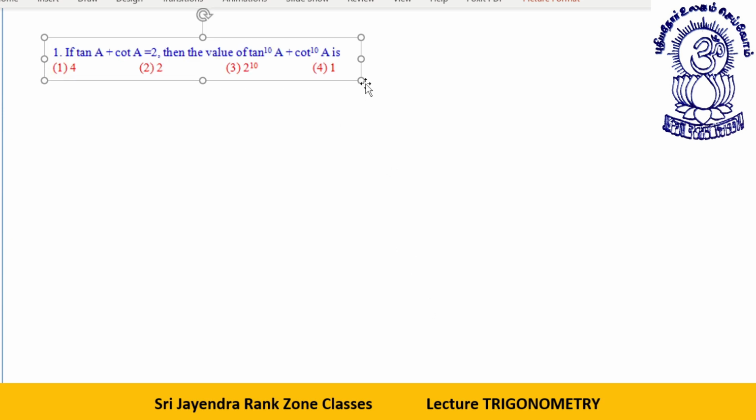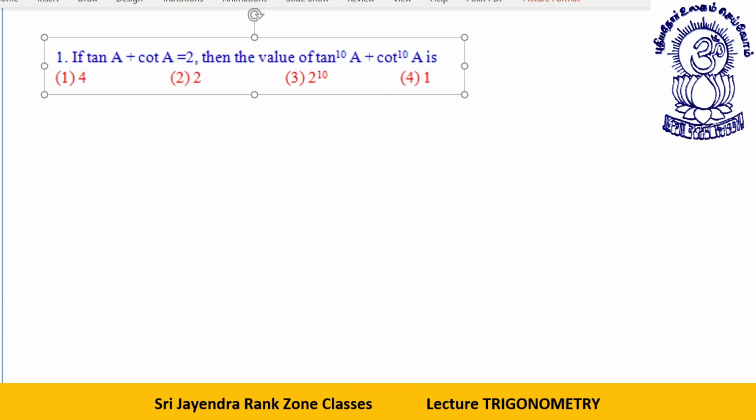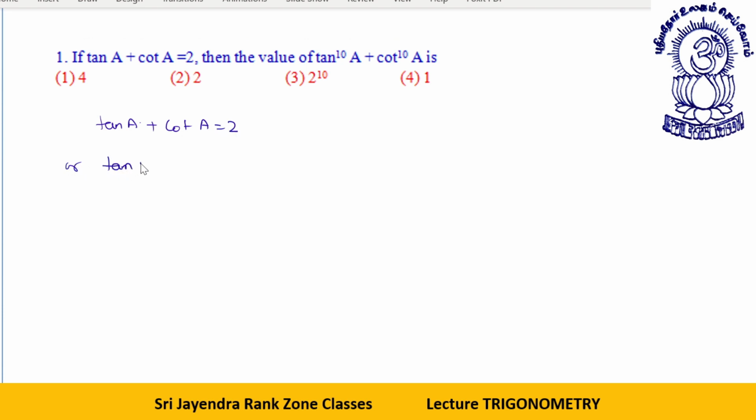Okay, you are given tan A plus cot A is equal to 2. First of all, or I can say tan A plus 1 by tan A is equal to 2. From here I can say therefore important thing is tan A is equal to 1. See students,